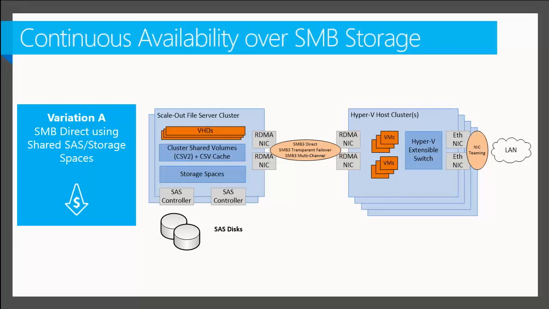Okay, so what that means is I'll have 2 or more Windows file servers connected to that storage. We'll use storage spaces, which is new technology in Server 2012, to virtualize all of those disks. And then what we'll do is we'll present highly available file shares to the right-hand side, which is our workloads. So in this diagram, the right-hand side is Hyper-V clusters. It could also be SQL clusters, file clusters, or IIS web farm or something like that. So what you're seeing here is the Hyper-V clusters are actually connecting to the file server over the Ethernet network